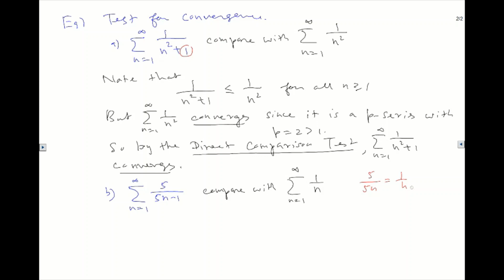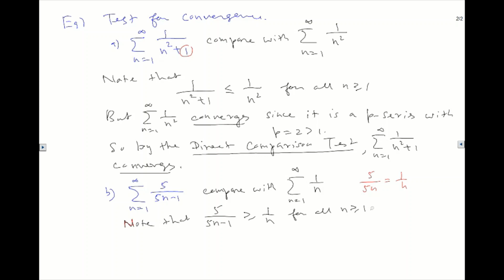The harmonic series is going to diverge. But what do you know about the relationship between the two? We know that when you subtract something from the denominator, the term gets larger. So that means 1 on the left is larger, as we expected. So note that phi over phi n minus 1 is greater than or equal to 1 over n for all n greater than or equal to